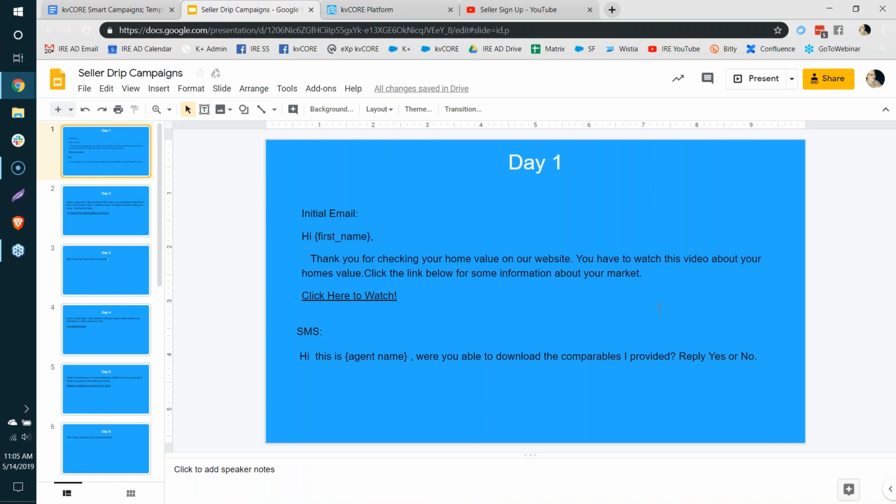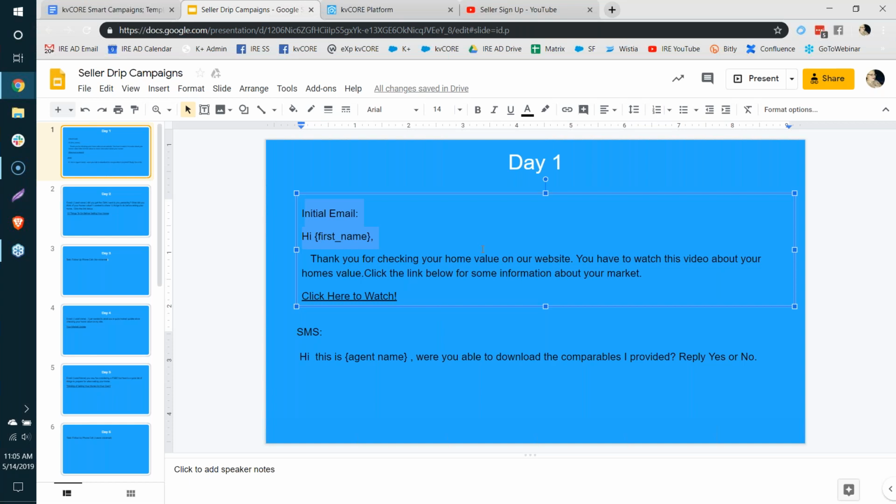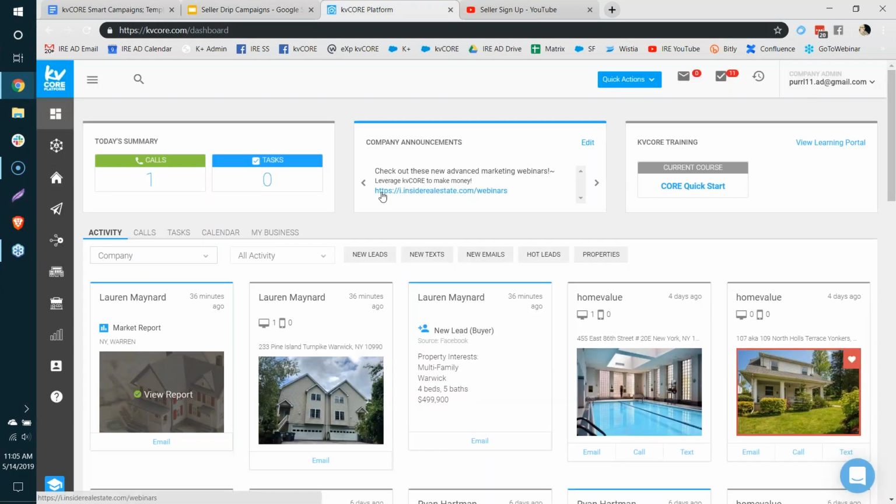And this just speaks to how you can maybe look at a smart campaign and visualize the path of communication and what you may want to communicate to that audience. So within smart campaigns, you have the ability to trigger that initial day one email, and you can also trigger a text. Now, when we go over to our dashboard and locate our smart campaigns, we're going to go down